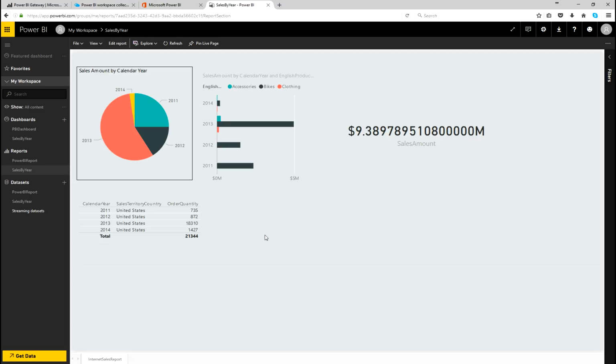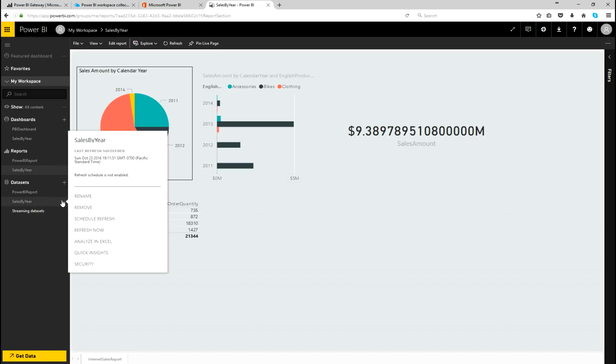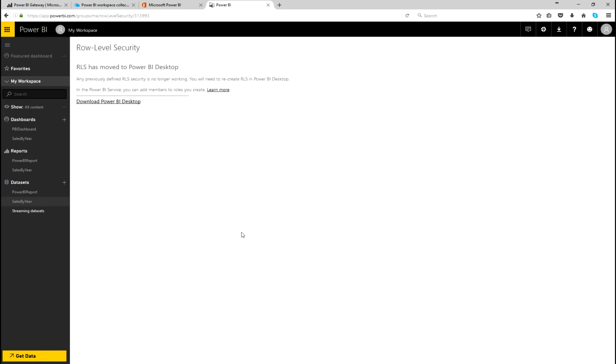Once the dashboard is deployed, we need to think about how to refresh. As we see, there are 2 options to refresh. One is on demand refresh, where as soon as we click on the button, data gets refreshed from the source. The other option is scheduled refresh. In case of scheduled refresh, the data gets refreshed based on the schedule. And then there is a third option for security. You can implement security